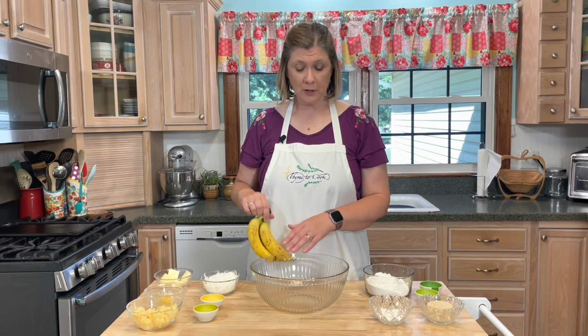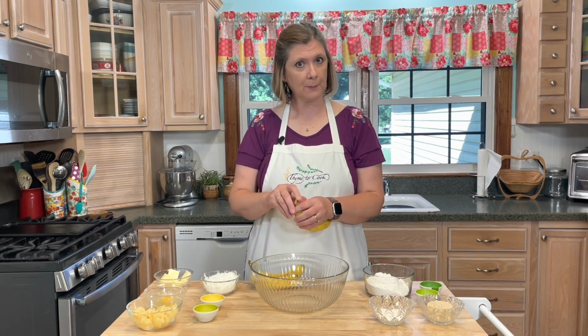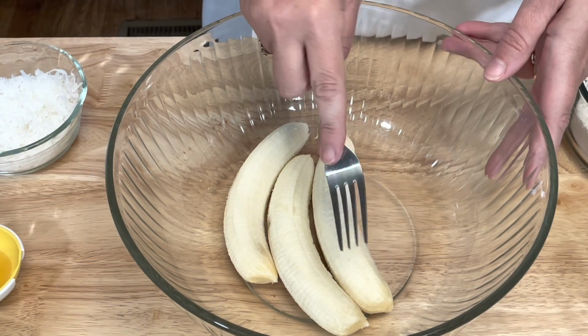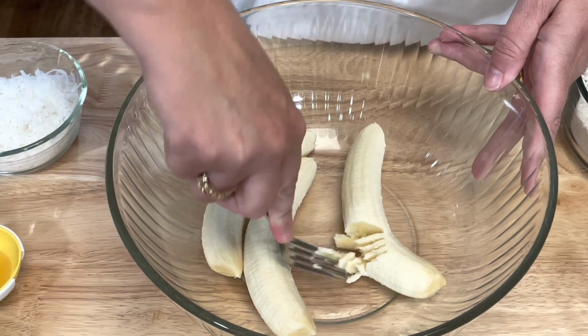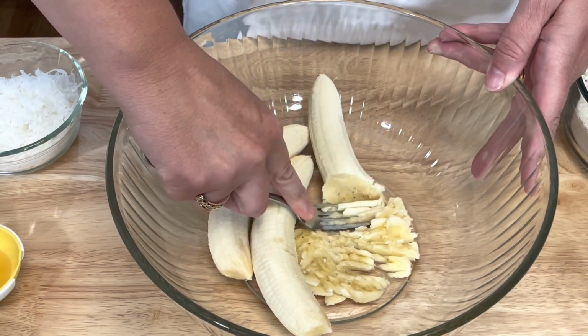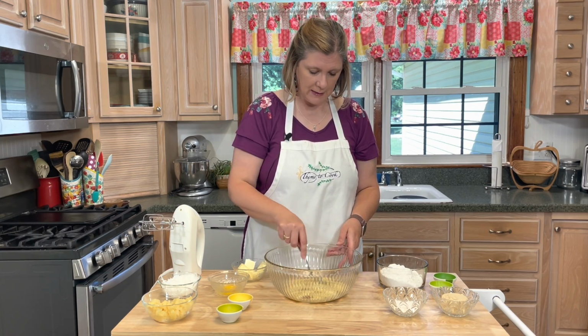So the first thing that I'm going to do is add my bananas to a large mixing bowl, and then I'm going to mash them. I'm just taking a fork to mash the bananas. Okay, after you have mashed your bananas really good,